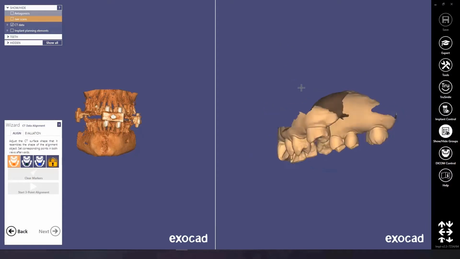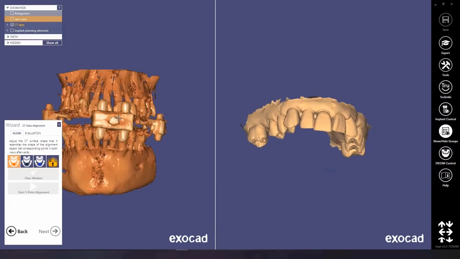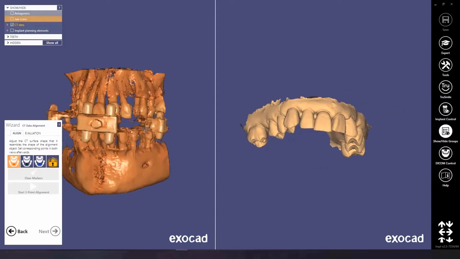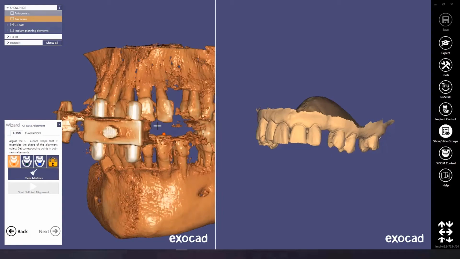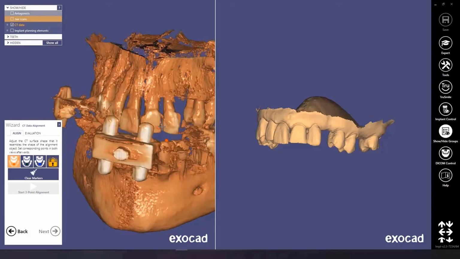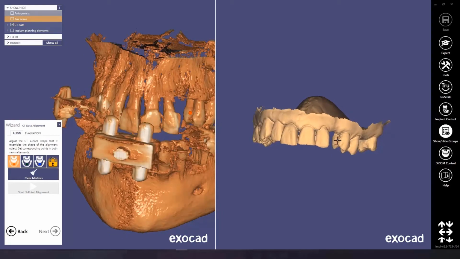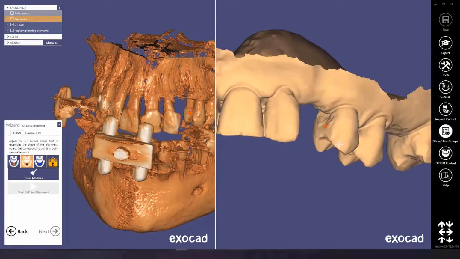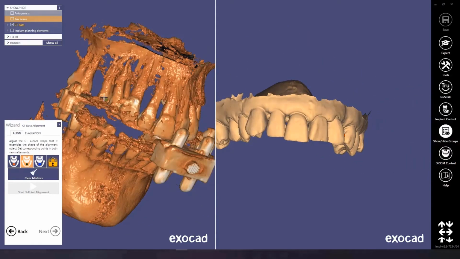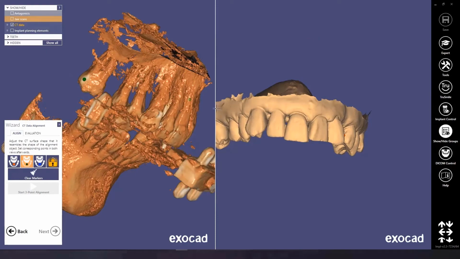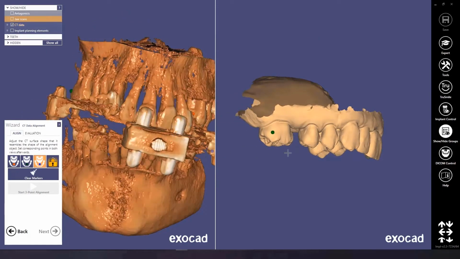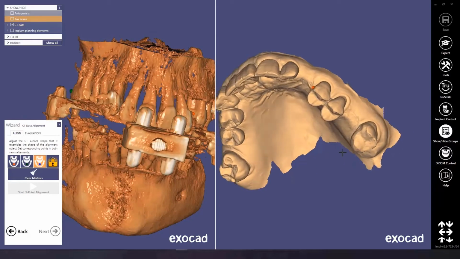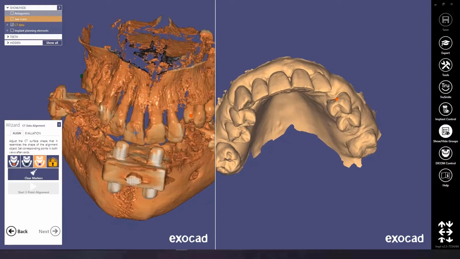In this new window, we can now proceed with the matching between the STL file of the master jaw and the CT surface. We are going to select 3 different spots in the same positions, both on the isosurface on the left and on the STL file on the right. Please consider that the larger is the distance among the 3 points, the more accurate will be the matching. So, if possible, please try to choose the 3 points along the full arch, as we are doing now in